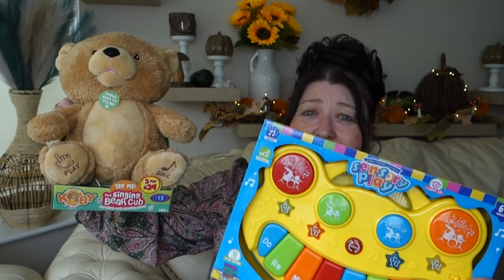But they were on where you get 2 for £24. So the £15 each, you get 2 for £24. But they had other ones on as well, so it was 2 for £20, 2 for £15, and you were saving. I mean, that's saving £5 by buying 2 of these. But obviously the saving wasn't as much if you bought 2 for £20, you might save about £3 maybe. But if you're looking for toys for your grandchildren or your children or any little ones in your family, I would definitely try them. Have a look what's there. All different age ranges, for boys and for girls. So that's all I got from B&M, but I'm going to move on to Home Bargains